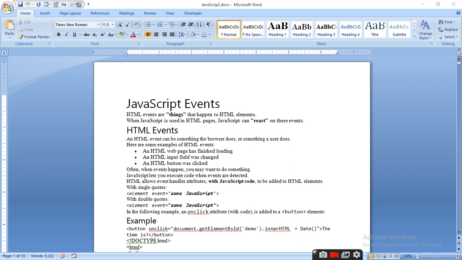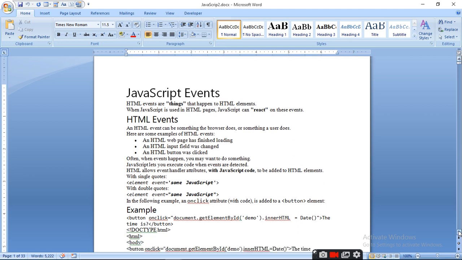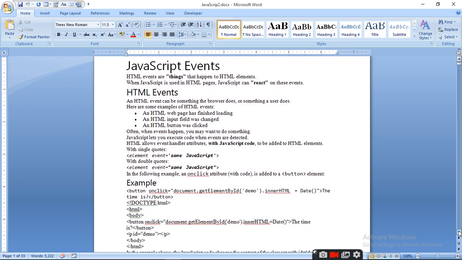Button onclick document.getElementById demo in your HTML page. It will display the current date of your system. The time is, and it will give you the date. Document HTML, the same thing we can write with HTML and body.